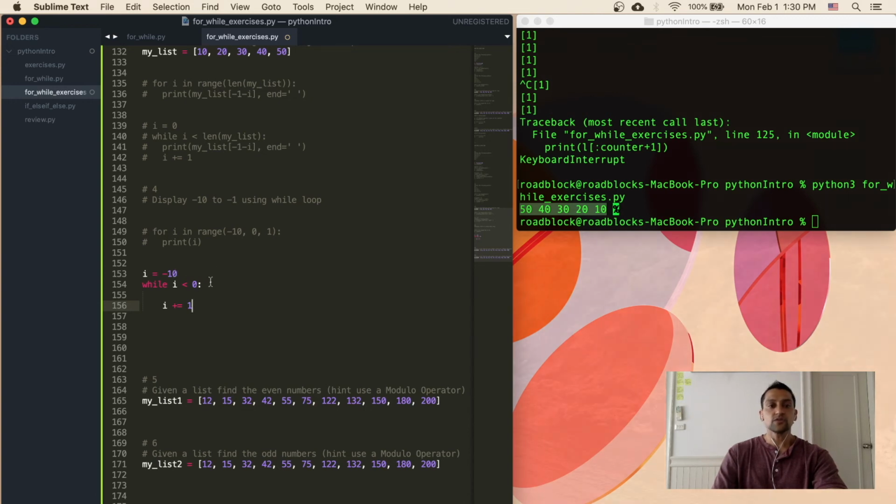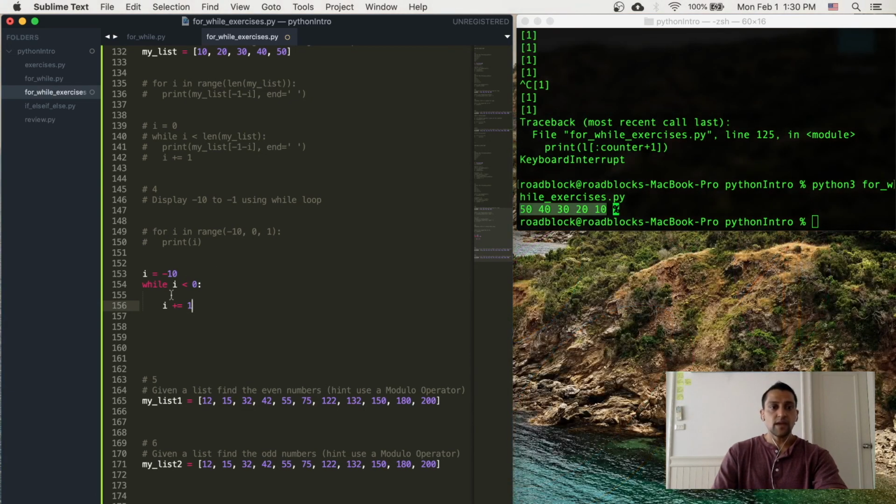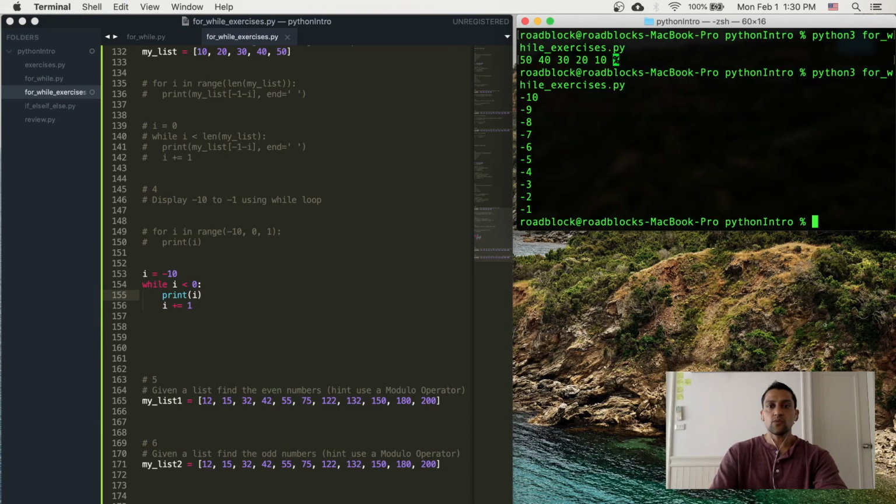-7, -6, all the way to 0, and in here I can just print out i and that should get me what I want. -10, -9, -8, -7, -6, all the way to -1. All right, if I want to go down to -10, I would start at 0 and here I would go